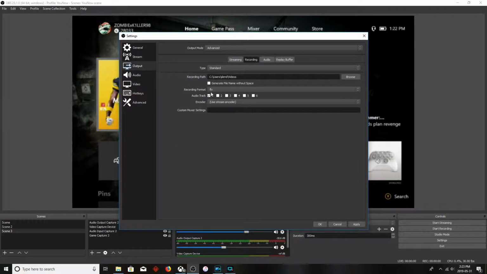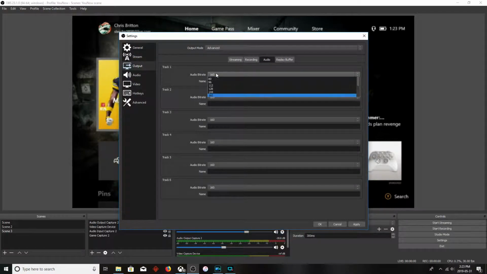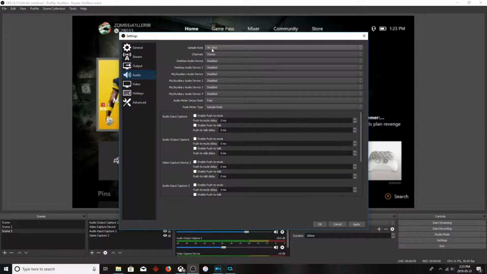Next, we're going to go into recording, which I'm not even going to go into because I don't record with OBS and we're just talking about streaming directly. So you can just keep 160 bitrate on the audio, and we're going to move on down to the audio tab. Don't change your sample rate to 48 kilohertz. That seemed to mess up my stream, so I just keep it at